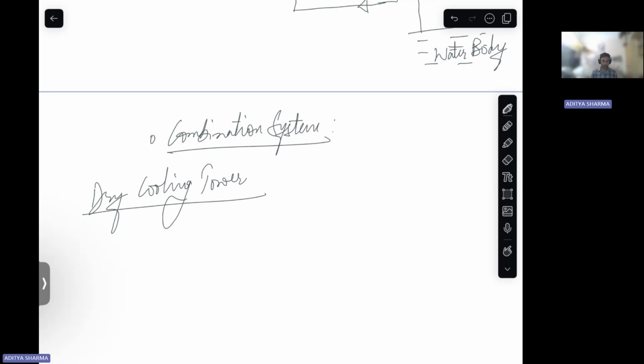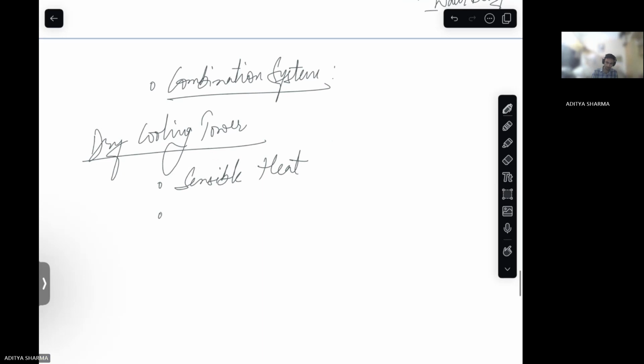So in your dry cooling tower, your heat transfer is in terms of sensible heat only. Okay. And in your wet cooling tower,